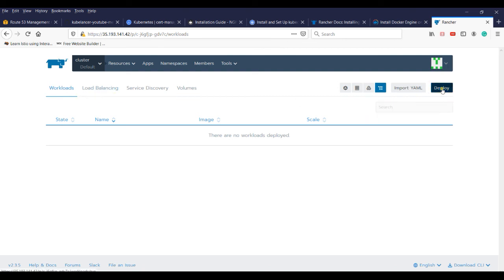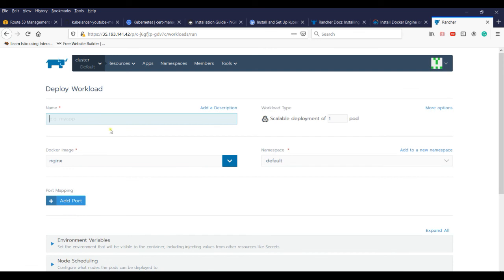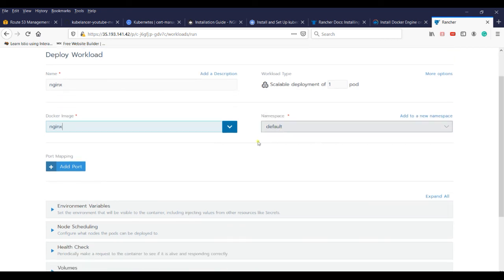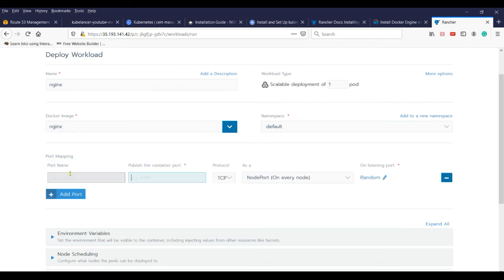I'm doing a deployment. Click deploy, and I'm naming this nginx, and the docker image I'm making nginx, deploying on the default namespace. For the service port mapping, the name is nginx, the default container port for nginx is 80, and deploying on a node port.